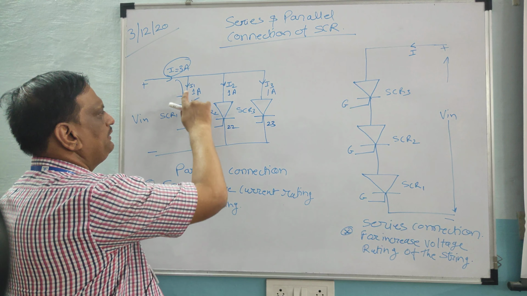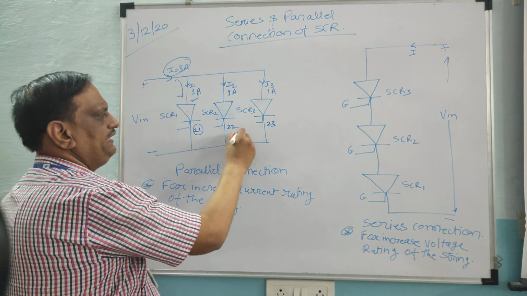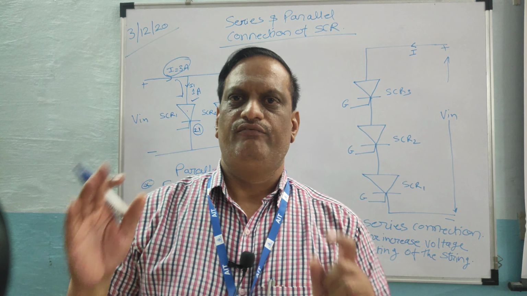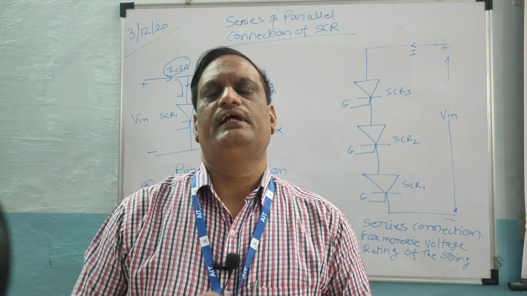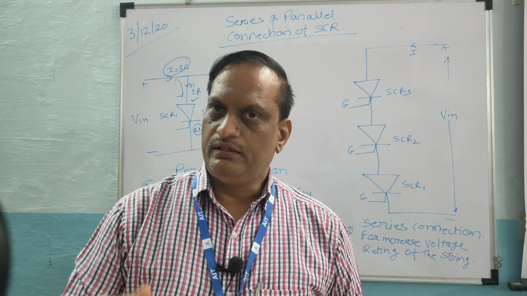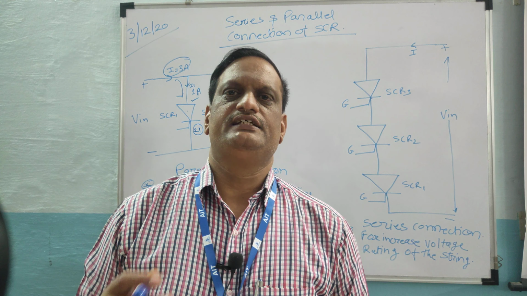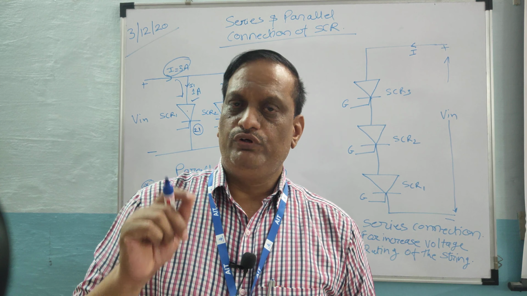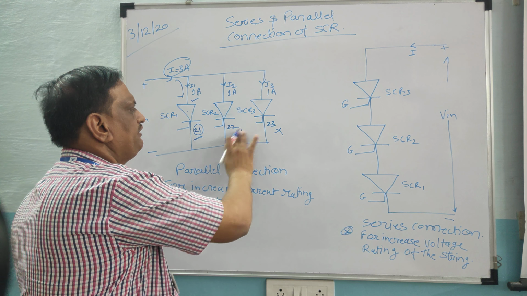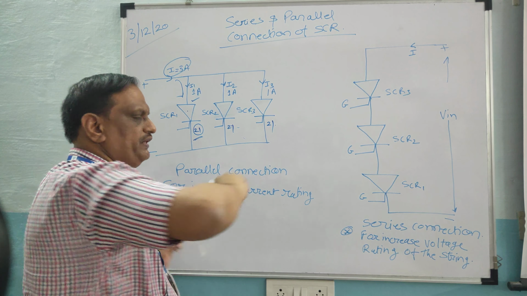Similarly, the entire 3 ampere of current will try to go into the second device and again it will fail, and then the third device will fail too. In this way all the devices connected in parallel will get damaged just because of the differences in their forward breakover voltage or on voltage. So when we want to connect devices in parallel, their forward breakover voltage should be equal. It should be 21 volt, it should also have 21 volt, it should also have 21 volt.